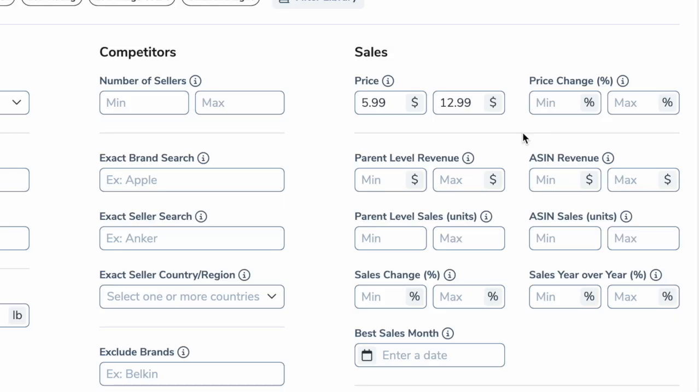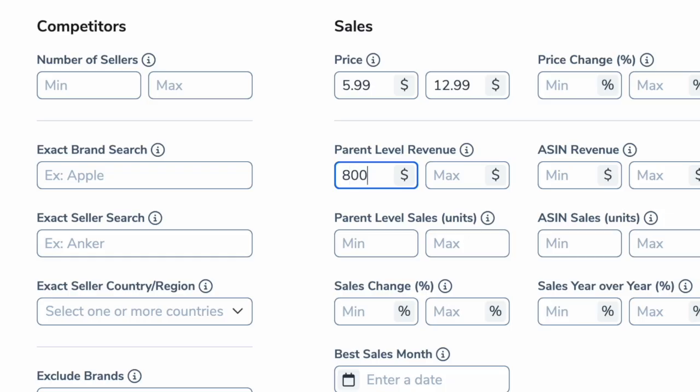As you can see over here, they actually have ASIN revenue as well, but for this video we're going to be focused on parent level revenue, as this is what really counts, as this is the overall income. So now I'm going to keep this at a fairly low price range. So we'll start with $8,000 revenue to $12,000 revenue, as this is a fairly low starting point for all you